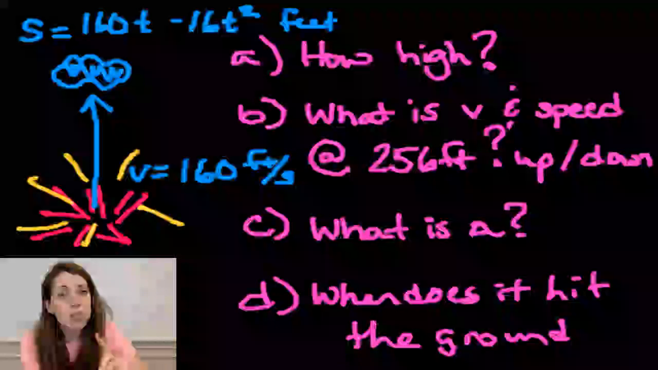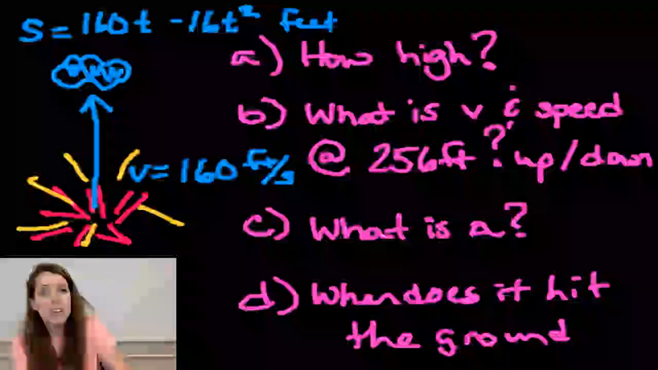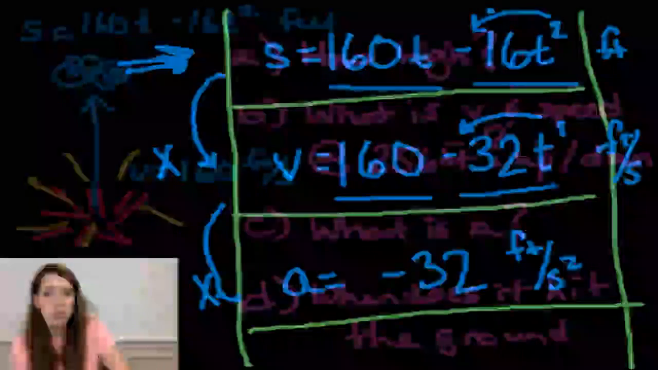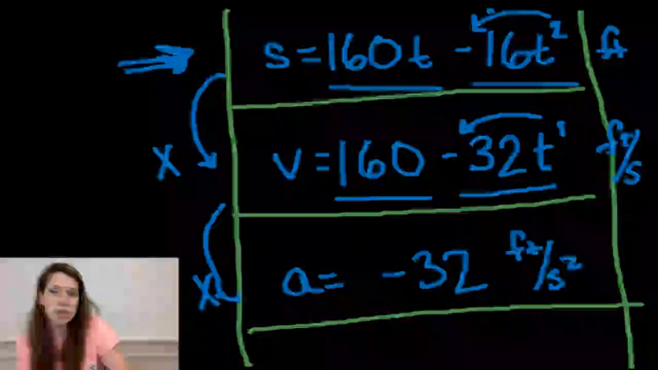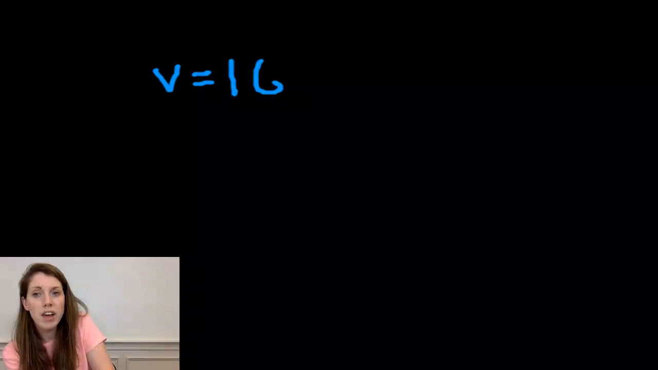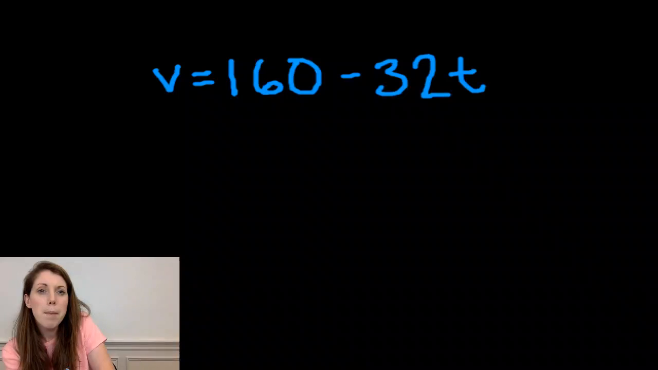So our first thought is probably, we need more information. But the information we're looking for is actually embedded within one of the equations. Specifically, let's look at velocity. So the velocity equation is just 160 minus 32t. You might be thinking, what does this have to do with the highest point? Well, directly, it doesn't necessarily have anything to do with the highest point, but